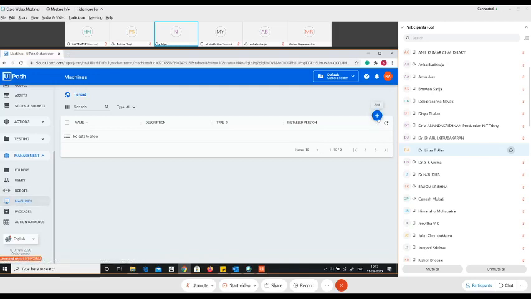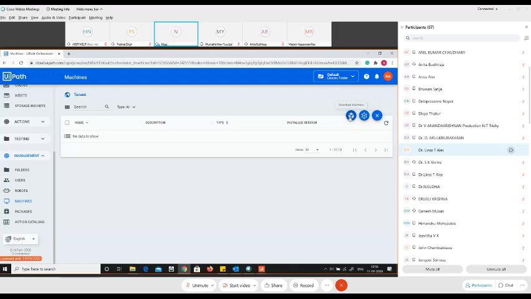Now you can see a plus icon here which says add a machine. If you add a machine, there are two options available to you. We can add two kinds of machine: one is the machine template and the other is the standard machine. Let me tell you the difference between them. A standard machine means you will be creating a standalone machine, as in your desktop or monitor will be directly connected to the UiPath Orchestrator. But if you connect a machine template, then any machine can connect to your UiPath Orchestrator. So it's one-to-one here, but one-to-many there.